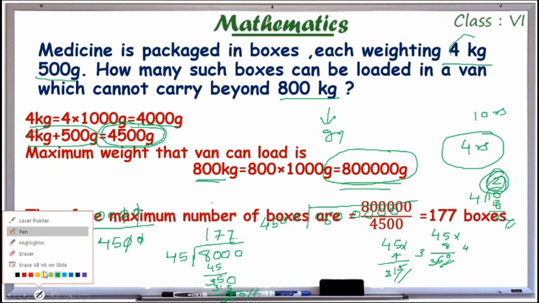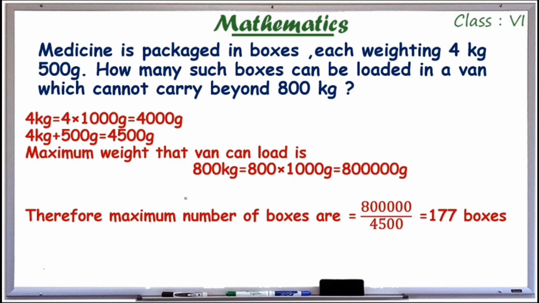So all of you practice your division. So we have 177 boxes. 177, the answer contains more numbers. 177 point something etc. We only need this 177. 177 complete boxes, that is the answer. We can neglect the decimal expansion.